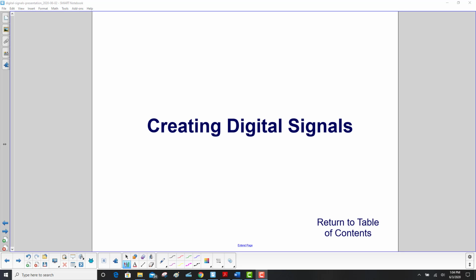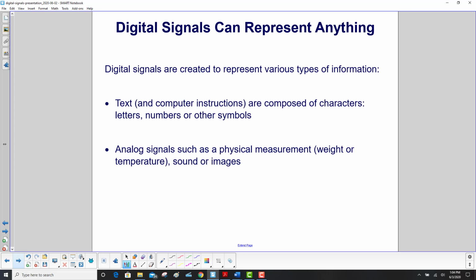Creating digital signals. Digital signals are created to represent various types of information. It can be text and computer instructions. They're composed of characters, letters, numbers, or other symbols. It can also be analog signals, such as a physical measurement where you're measuring weight or temperature, or sound